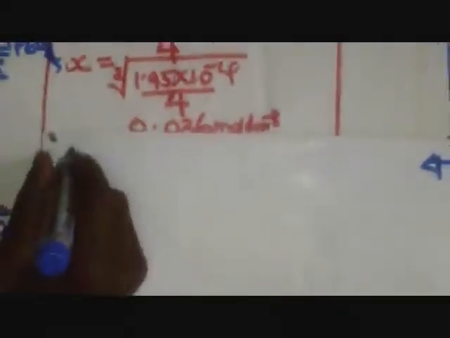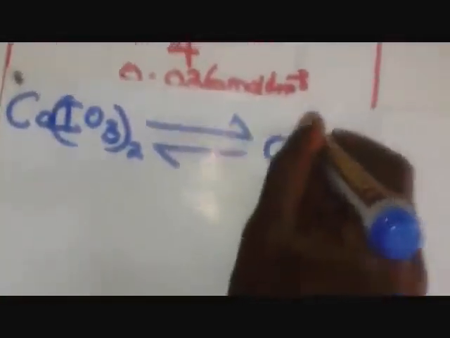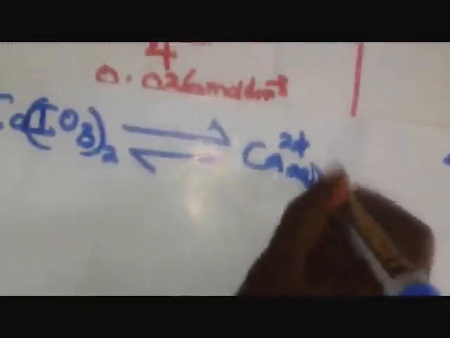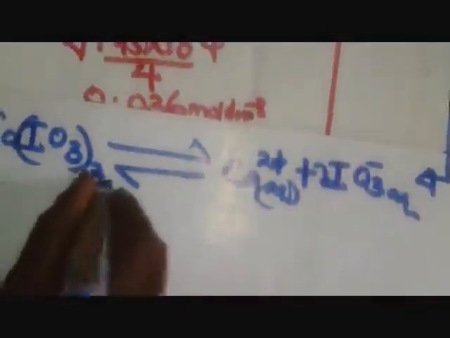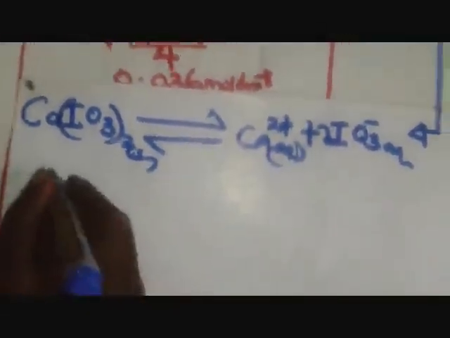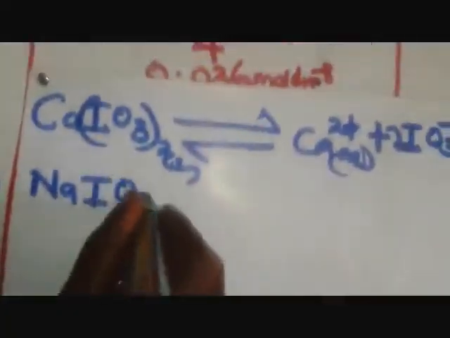What we are going to do is first write the equations of reaction. We shall repeat the one for calcium iodate. Don't become tired of repeating the equation if you are looking for marks. So we have our calcium ions, plus our iodate ions, but the iodate ions there are 2. This one we can put as solid. Then there is the second one, sodium iodate, so we write that one too.